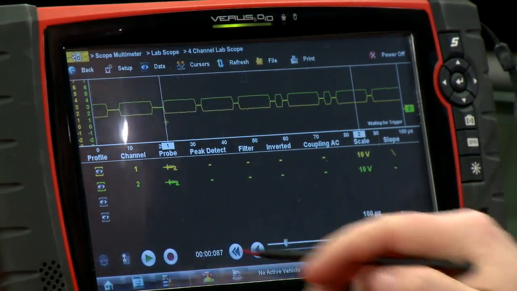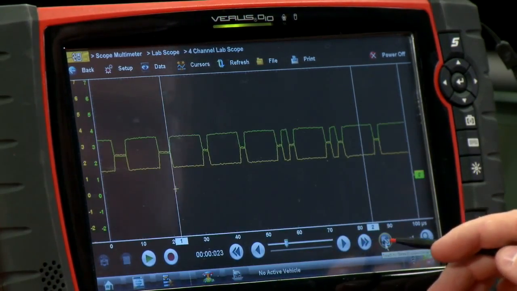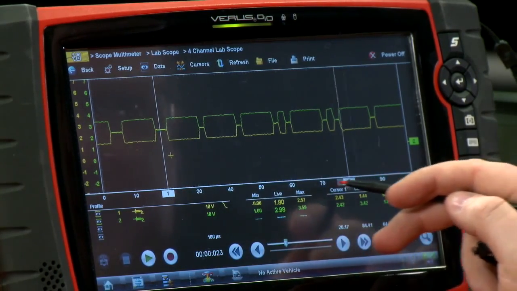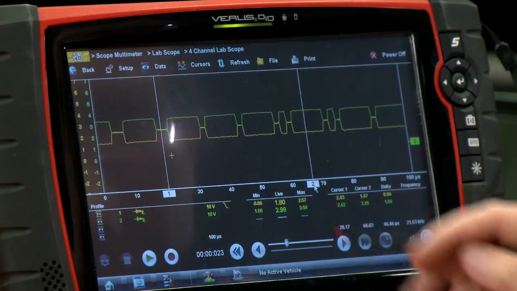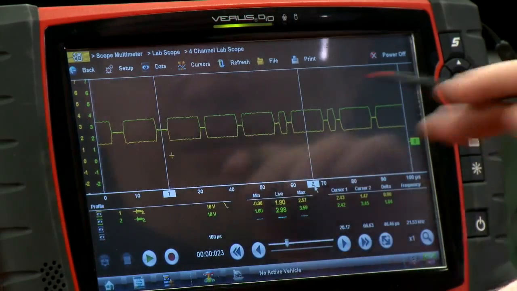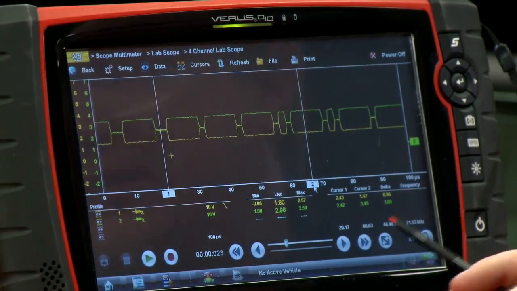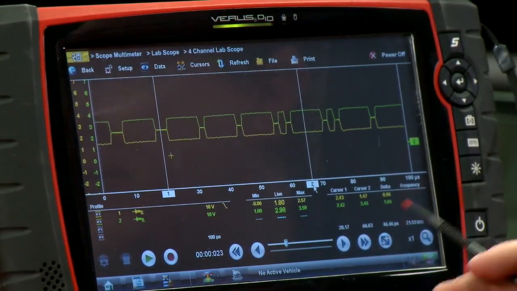So let me pause it, and then I will make some measurements, and we can see what we're talking about here when we're transmitting data. So all these little squares here, these are what they would call data packets. This is the data going back and forth between computers. Now it really doesn't matter what's inside those data packets, it's just a matter of a few different voltages that